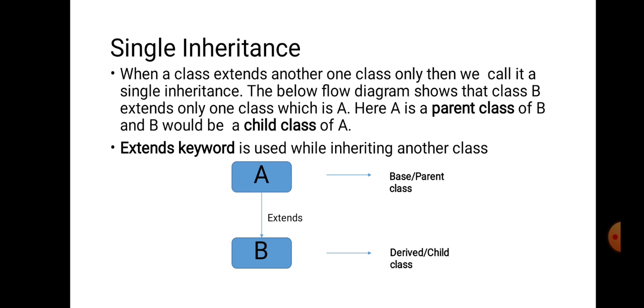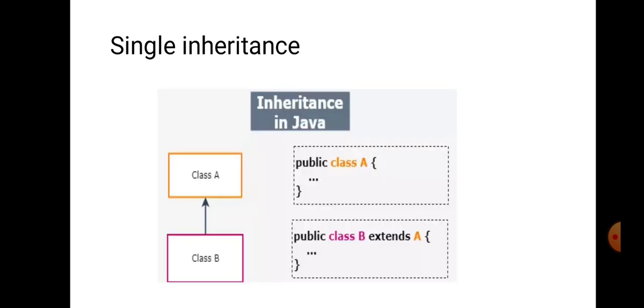Let us see another example of single inheritance. In this single inheritance, there is class A and class B. As I said, class B is deriving some of the functionalities of class A. Now let us see how it is declared. We first have to create an existing class, that is the base class. We create it the way we usually create a class. We declare it as class A, and we want to derive a new class, class B. Now class B wants to take some of the features of class A, that is, class B wants to inherit the features of class A.